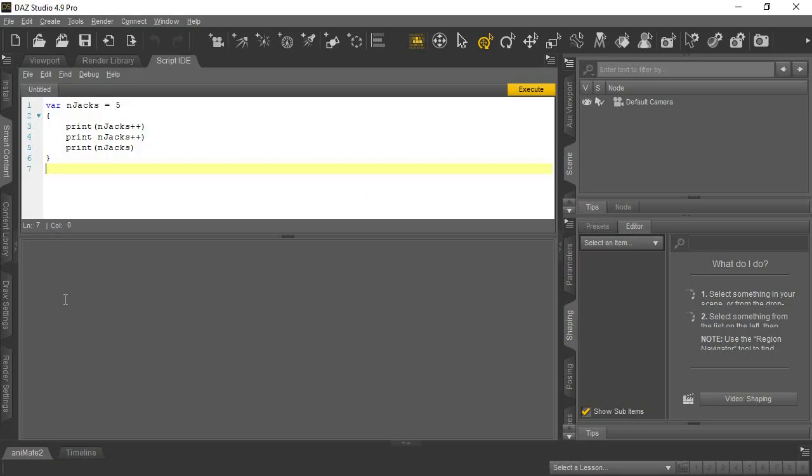Now for really simple code like this one we put up here in the Script IDE, it might be easy to see that we're missing an open parenthesis on line 4. However, once your code gets quite big and you're writing some really cool scripts, it may not be that simple to find. So we're going to go ahead and execute this code, and you'll see at the bottom it says there's a script error on line 4,